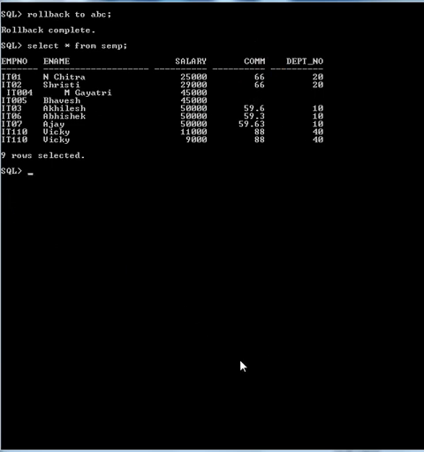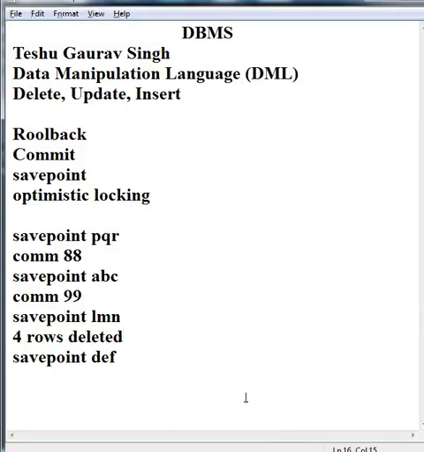And if we roll back up to point ABC, what happened here? The save points we gave after that have been cleared automatically. So after giving rollback to some particular save point, all the save points after that are cleared automatically. We are left with save point PQR, but we do not have those other save points.